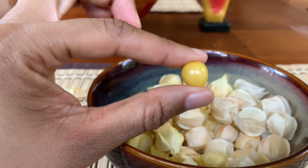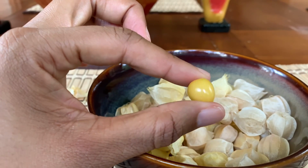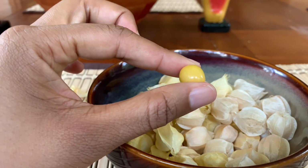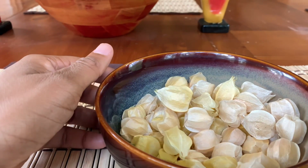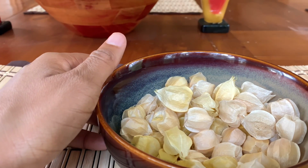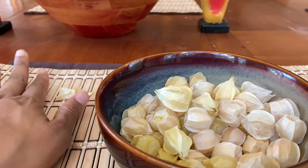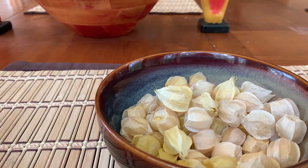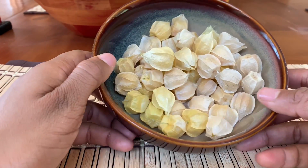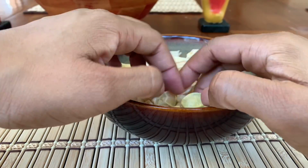This summer is my first summer having these raw and fresh right off the vine. Before, I've only had them as a verde sauce. But yeah, so here's the sound they make when you put them in your mouth. And like I said, it's just the sweetness, and the flavor is something that I really can't explain, because I've never had that before. And what's so great about these is